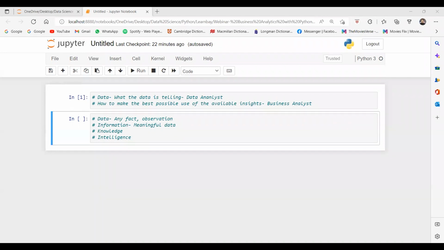So with this, do you agree that a business analyst should have the knowledge of data? Yes or no? How to read the data, and even if the insights are there, how to read those insights. Now, a data analyst has more technical skills, whereas a business analyst has more interpersonal communication skills along with the technical skills. So I hope this point is clear to everyone now. Now, a data analyst mainly works with the IT team, and the business analyst works as an intermediary between the IT team and the business clients and stakeholders.